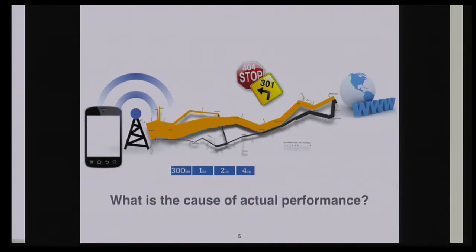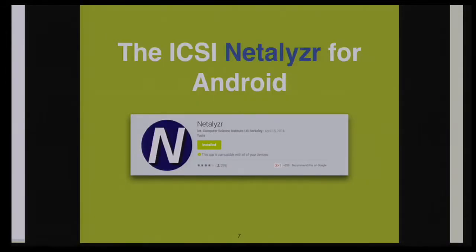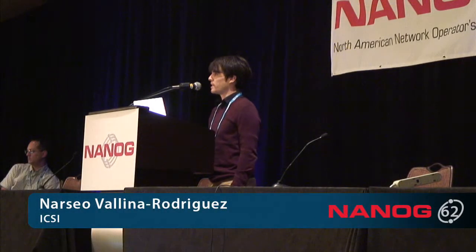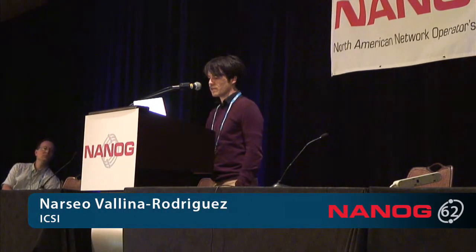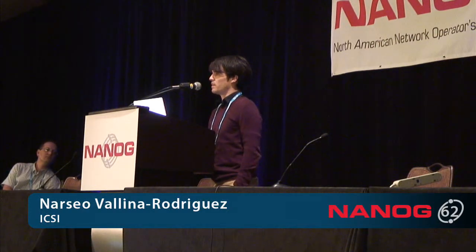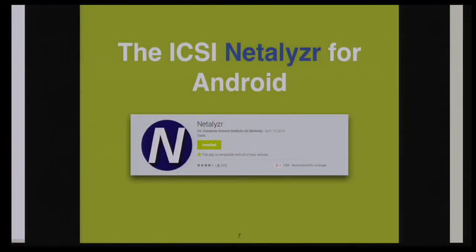So as you can imagine, if we want to really see which one is the root cause causing trouble in the networks, we have to take into account a lot of elements. So that was the reason why we wanted to build a tool capable of penetrating mobile networks in detail in order to identify all these issues. And for that, we took advantage of our ICSI's Netalyzr tool and we customized it and adapted it to the mobile context. So this allows us to have very detailed information about the performance, deployment and also about the features of mobile networks in the wild.